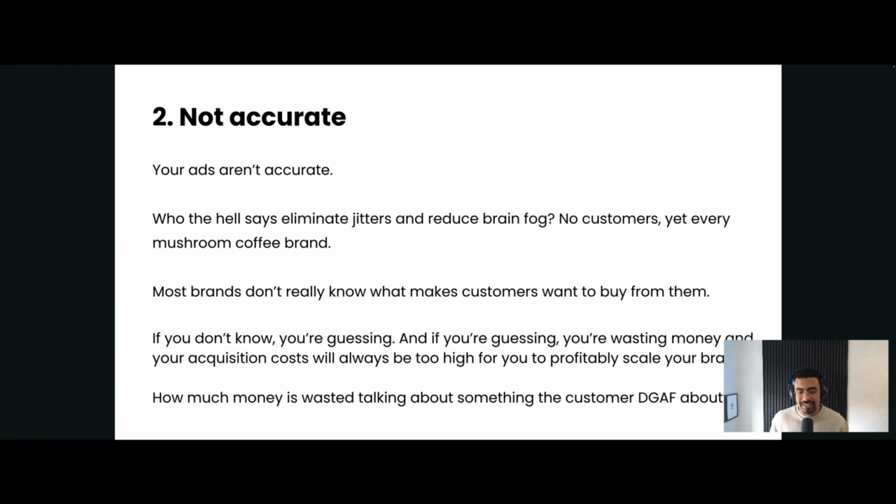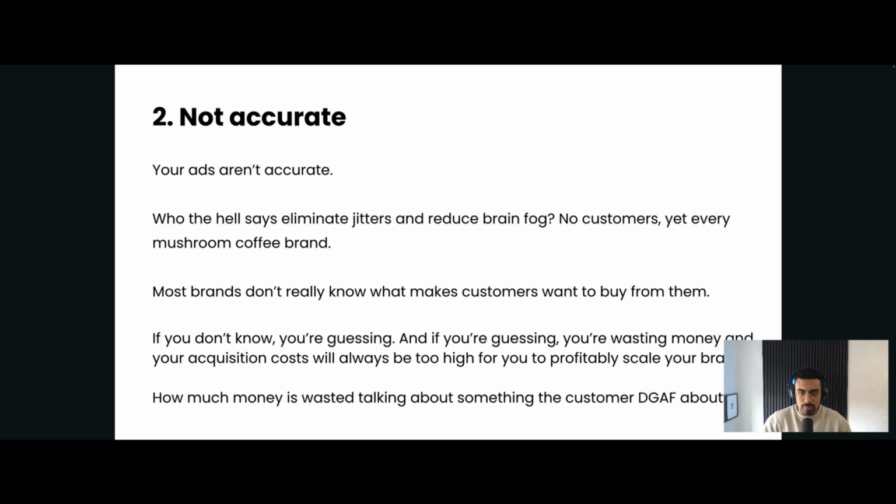It doesn't work, right? It's not accurate. You need to understand your customer and understand their buying triggers. So instead of looking at other brands and their campaigns, speak to your customers, do surveys, do blind taste tests, get people's live reaction. What is it that people are talking about?